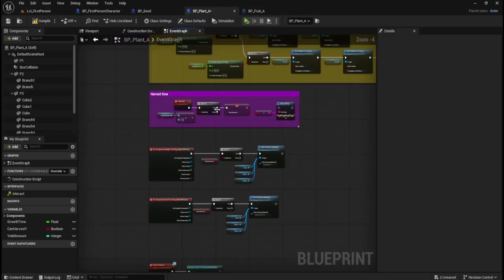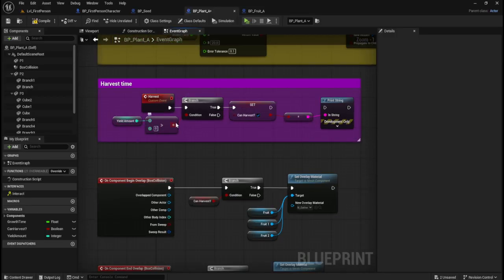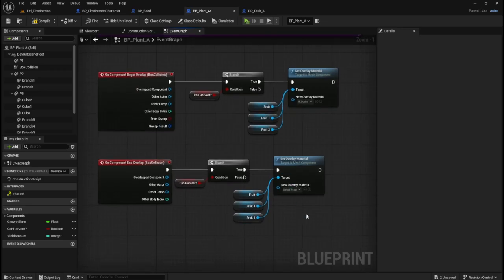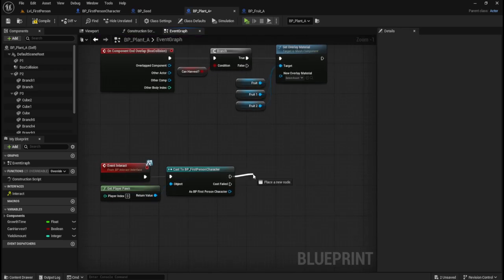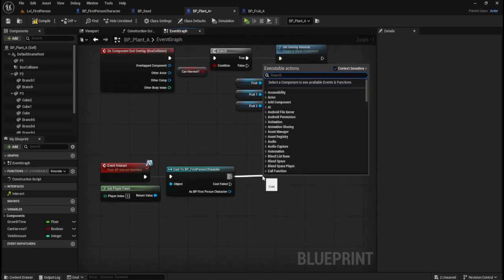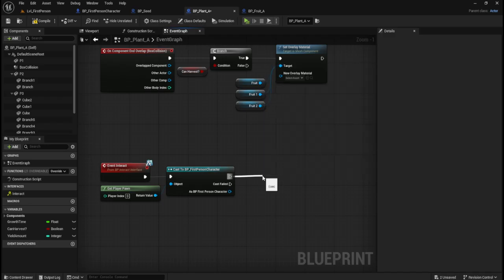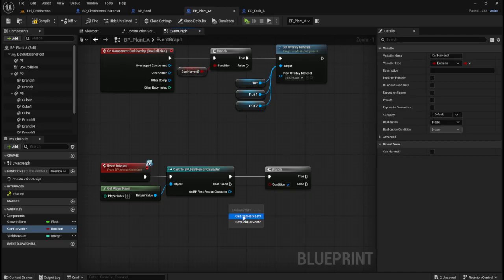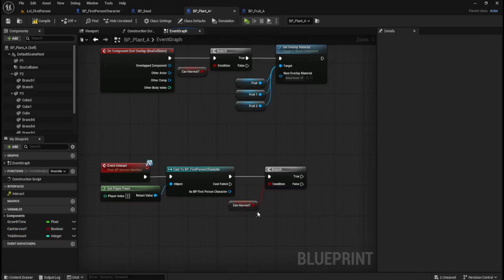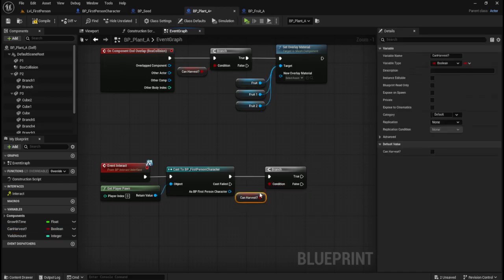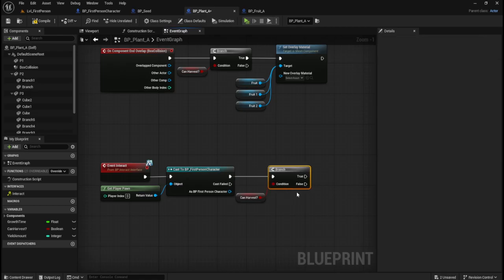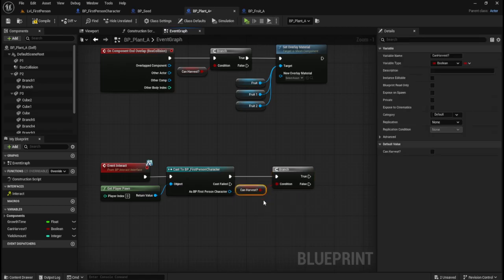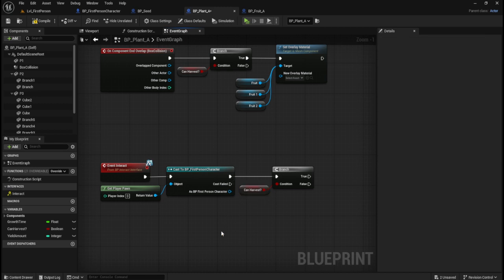Where's the can harvest? Right, so if the yield is above 0, you can harvest. So we need to have a branch. The condition for this is going to be, can we harvest? If the player can, we're going to give them some yummy fruit. So if the player interacts with the plant when they can harvest it,